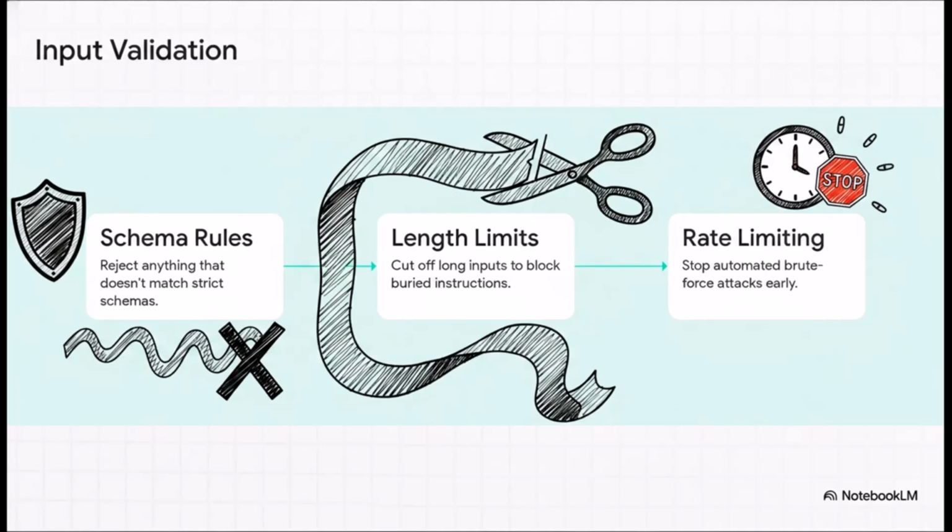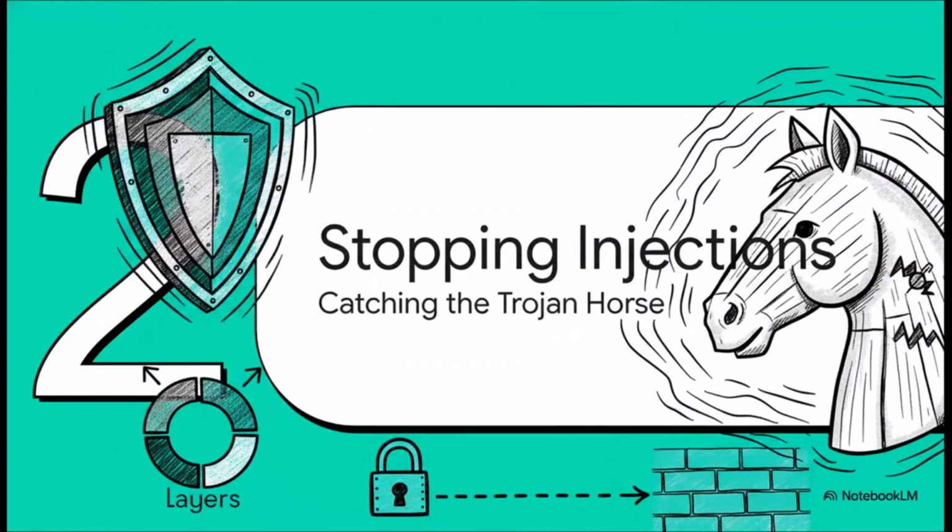You'd be surprised how many bad actors we can catch early on just by being super strict about the data we accept. First up, we enforce strict schema-based validation. If the agent expects a date and the user inputs a massive paragraph of instructions, the system should immediately reject it. No questions asked. Second, we have to implement input length limits. Attackers absolutely love to bury malicious instructions deep within huge walls of normal-looking text just to confuse the AI. By cutting off those extremely long prompts, we completely neutralize that strategy. And third, basic rate limiting stops automated brute force attacks from overwhelming our agent before it's even had its morning coffee.